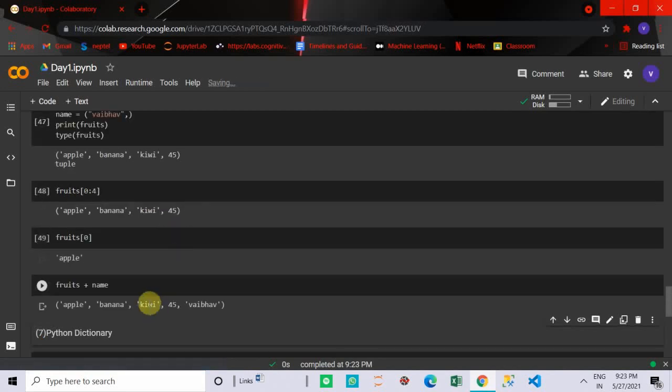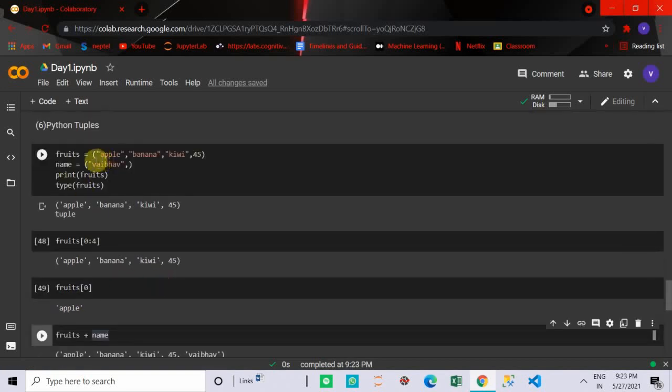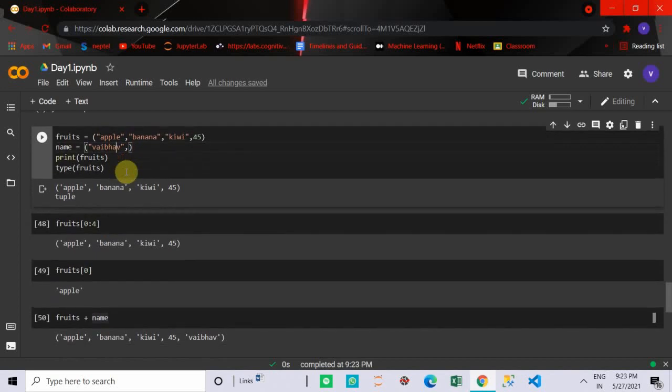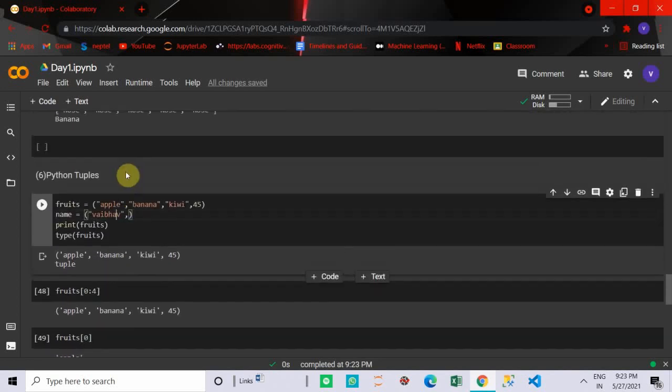Okay, so Webber is inside that. That's what I want to tell you: if you create a tuple with double quotes, then you have to put a comma operator after that. Otherwise, it will behave like a string. As I told you in the definition of a string earlier, anything inside double quotes will be treated as a string. Next is about dictionaries. We will discuss this later.